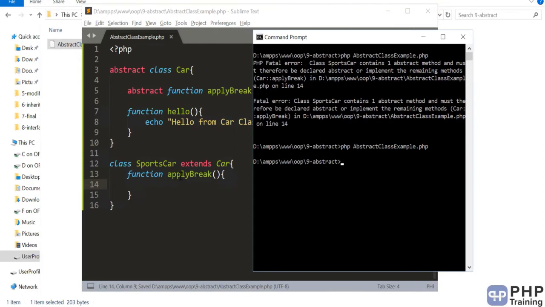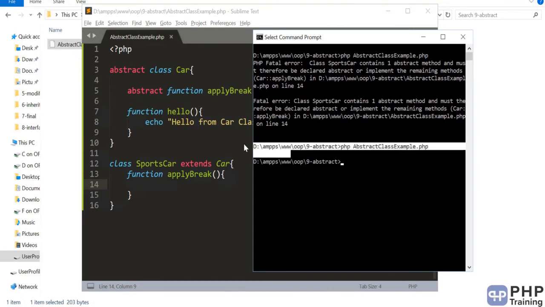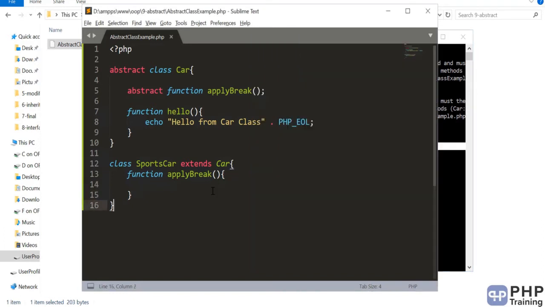Okay, and let's run this. So it's not able to accept the definitions. Let's try to create an instance and then try to call the hello method.